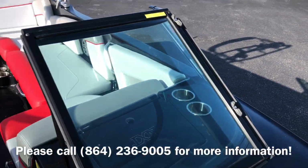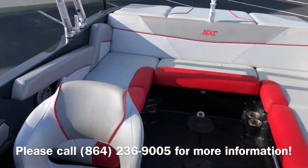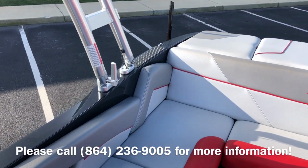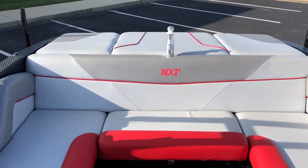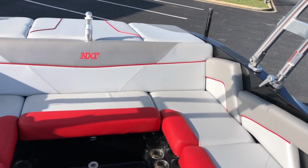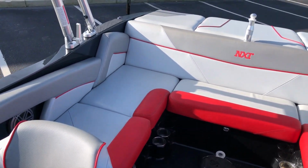This boat is equipped with the 5.7 Ilmor motor, so plenty of horsepower, 323 horsepower for surfing, wakeboarding, and skiing. 22 feet, seats 16 people, so plenty of room for all of you and your friends and family to get